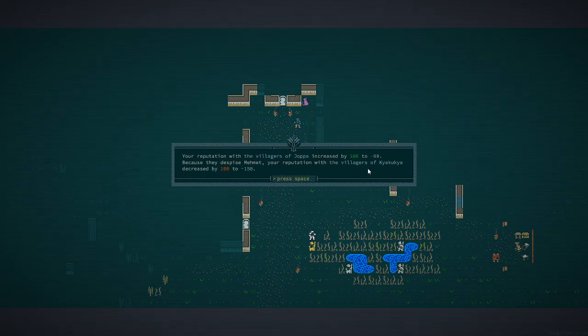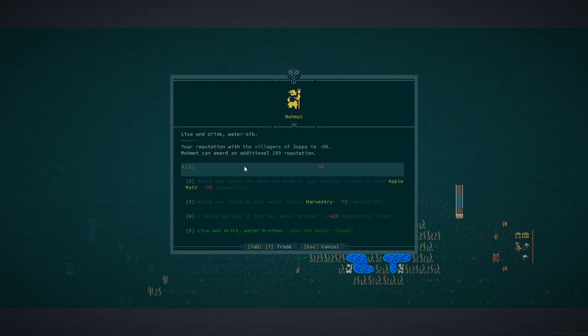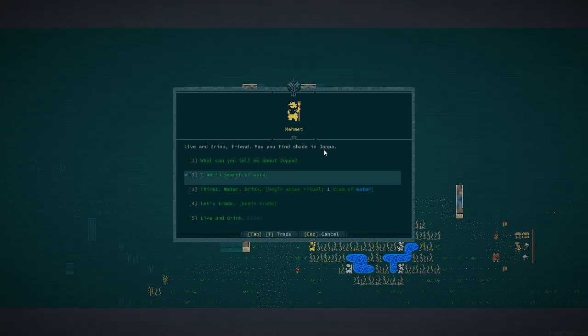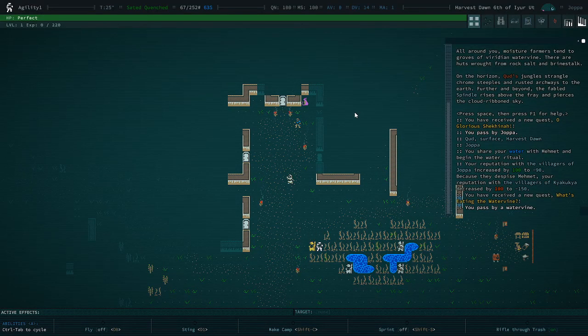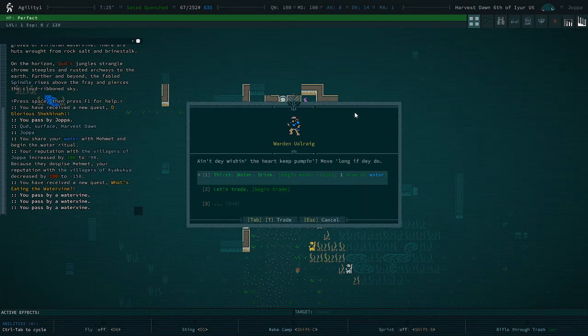That's just randomly generated. Every interaction between reputation is normally randomly generated. We can't take anything from him because at the current moment we have minus 90 reputation with this village, so we can just go on and ask him for work, and he'll tell us that there are critters eating the water vine, which is basically this plant that the farmers are growing in this town. And if we go to Red Rock, we'll see what's hidden beneath Red Rock, what's hidden the water vines. So we just have to go there and find the corpse of one of the creatures that we'll have to kill. Okay, so right now I can go talk to this warden right here, and we'll do the water ritual